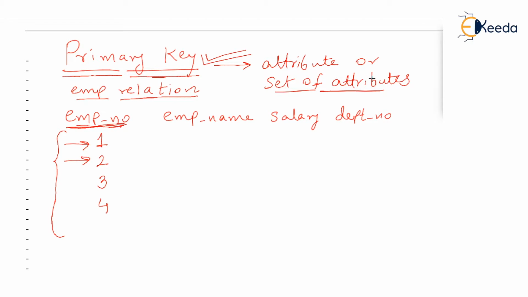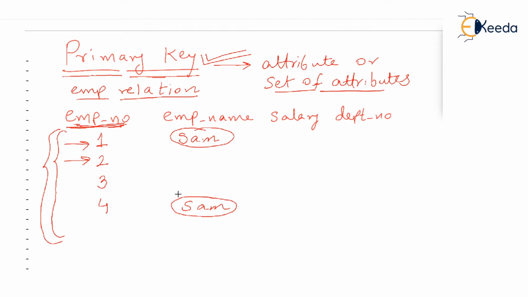The designers of the table decide which of these columns should be the primary key. One might wonder why not EMP name, but there is a problem. There is a person called Sam whose employee number is 1, and in the same company there is another Sam whose employee number is 4. That means in the real world two people can really have the same names, but we want such an attribute whose value should be unique throughout the table.